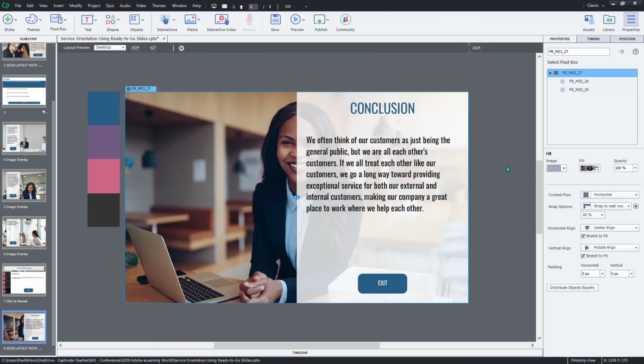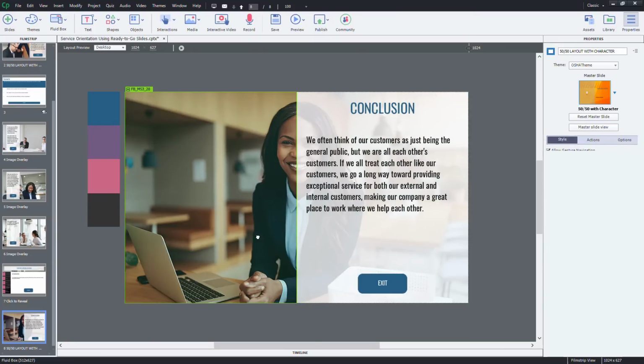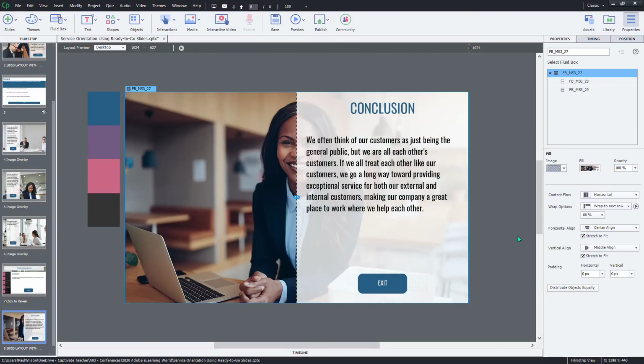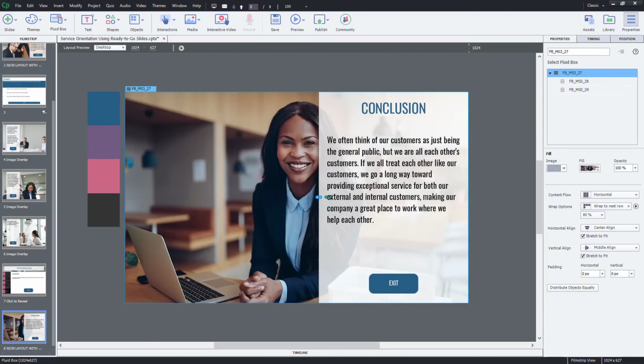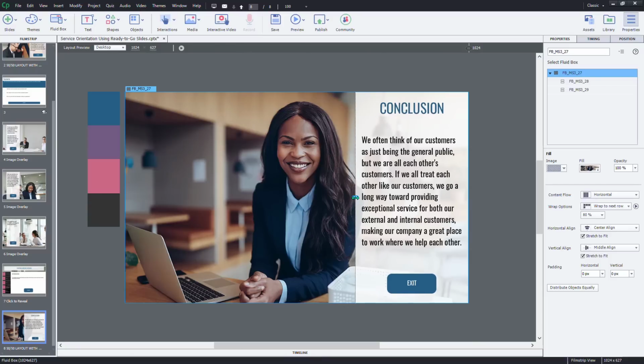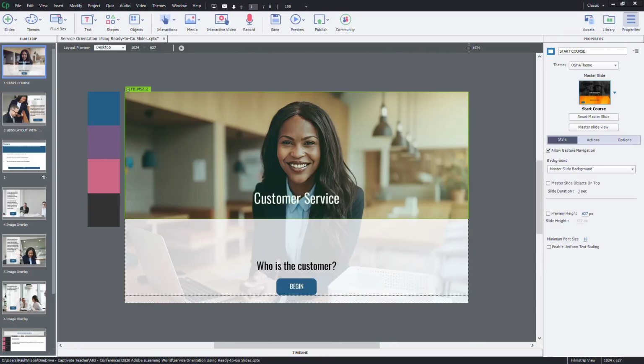But, you know, I still want a design to look good for desktop as well. So let's select our parent, and using the selection handle there, resize this to be a little bit to the right there. So the last thing you can do just to further enhance your mobile ready responsive design course is